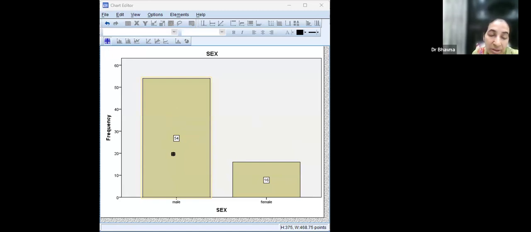All you have to know is it will do anything for you, but you have to know which diagram to make. And which diagram to make, the answer comes from which variable you are studying. That answer comes from the concept of qualitative and quantitative. See, let's see if we have made a mistake here. What if, instead of a bar diagram, we had labeled a histogram.